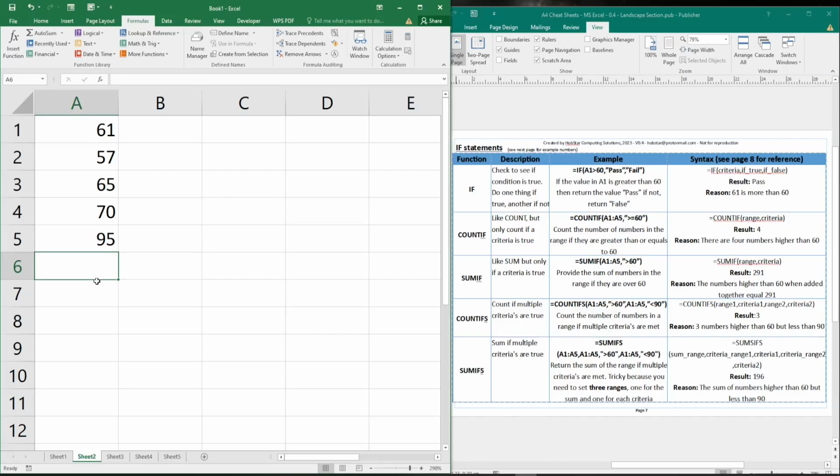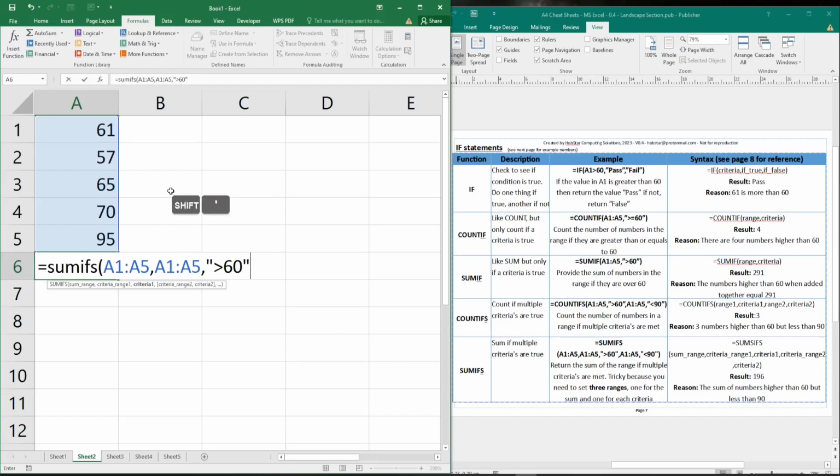And the last one for this page is SUMIFS with an S on the end. And it works in a very similar way. This one has 1 extra argument. It actually wants to know what numbers it's going to add together if the criteria are met. And we're going to use the same one here, comma, and now we're going to do the first criteria, greater